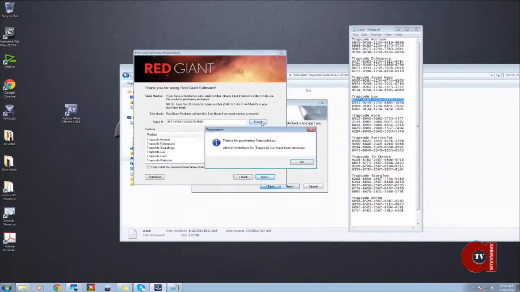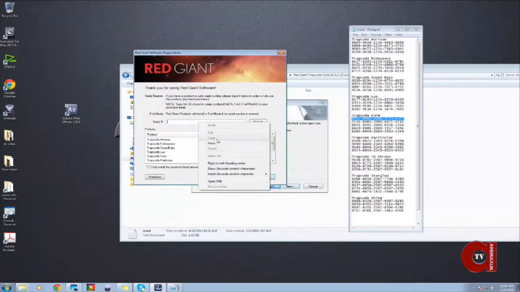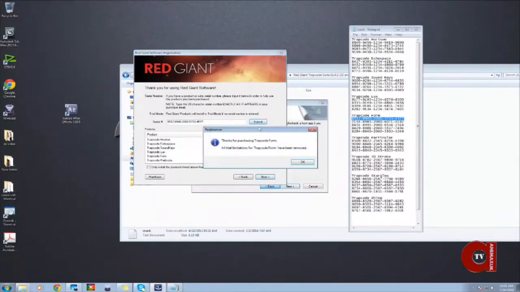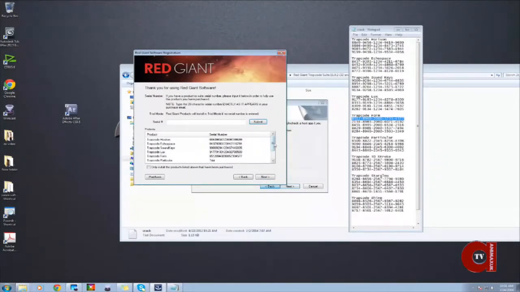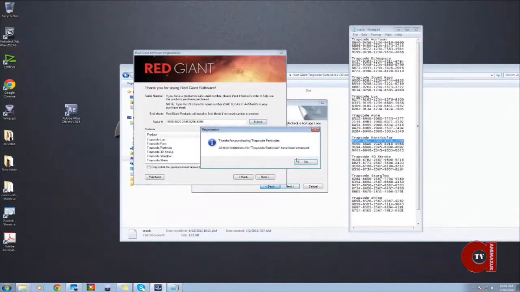and submit. Okay, and this one, copy and paste it, submit. Okay, and next one is Trapcode Particular, for creating particles or things, copy and simply paste here, submit. Okay,